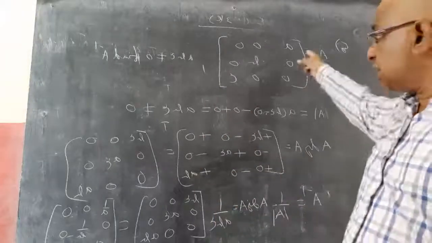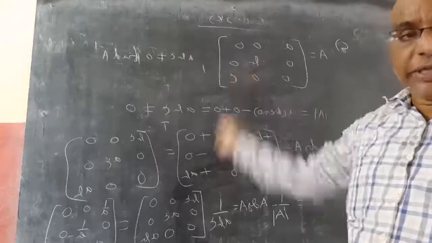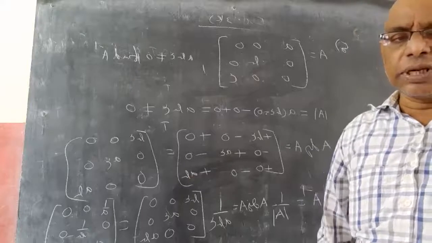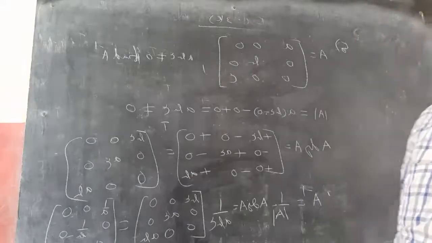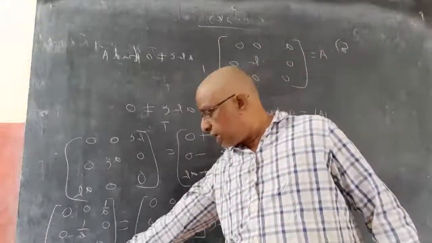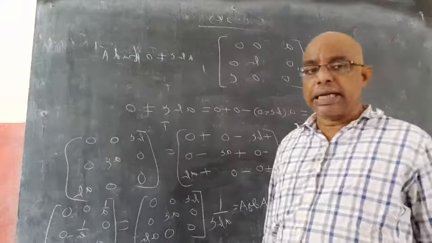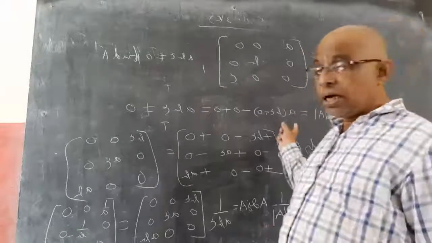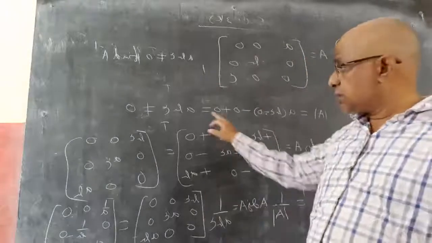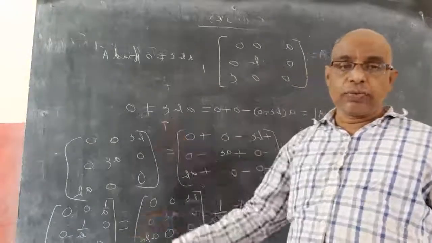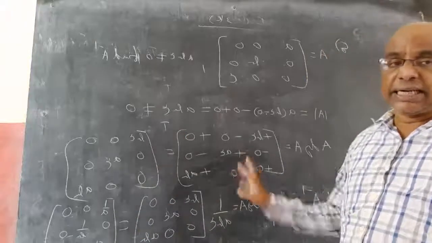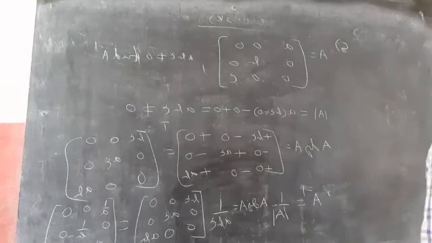Because the elements I took were not 1, 2, 3, I took ABC, as he gave ABC. So we found it using ABC only. In place of ABC you keep any number, and the same result you will automatically get. So you can use this as the formula for A inverse of a diagonal matrix. And det of a diagonal matrix is simply the product of the diagonal elements. That you can also get from the same side. So you got two shortcut formulas for a diagonal matrix, finding A inverse and det A.